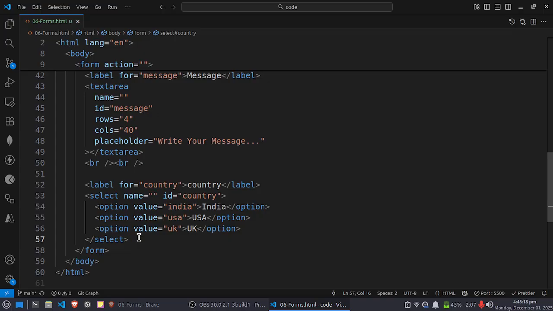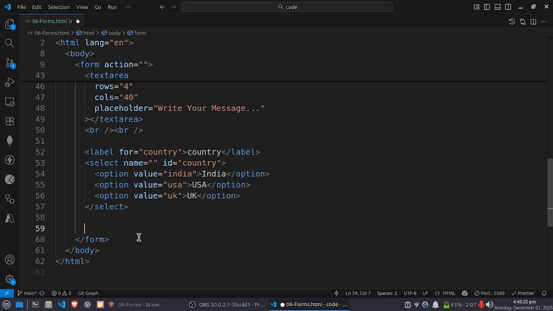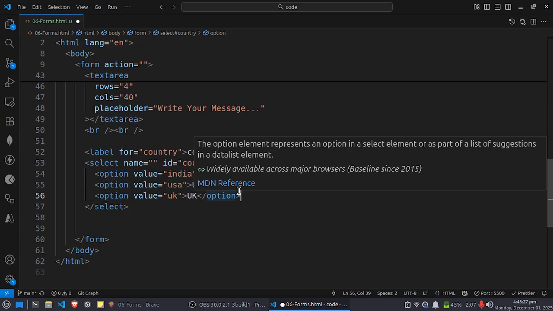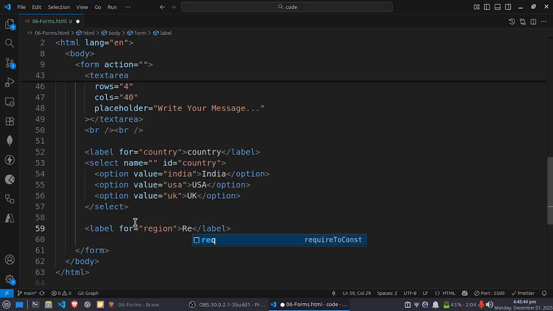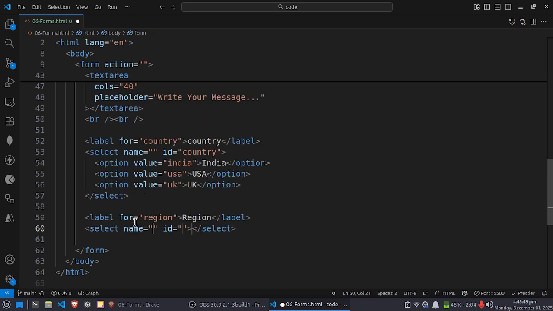And we can also group drop down options using optgroup. Like here we are giving only the country names, India, USA, UK, but based on the region, if I want to give the country names, like in Asia, India, China or Japan, and in Europe, UK, France, Germany, how can I use optgroup for that? Like a label, and this is for region based, region, and select, ID is region,